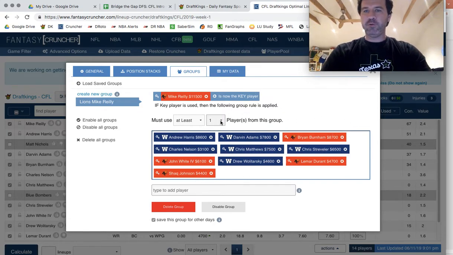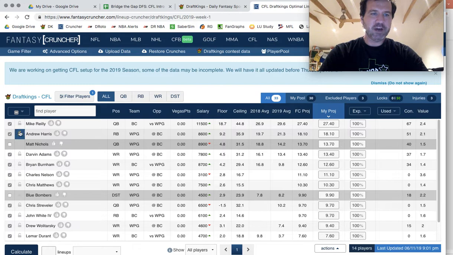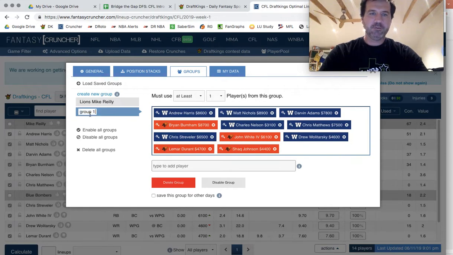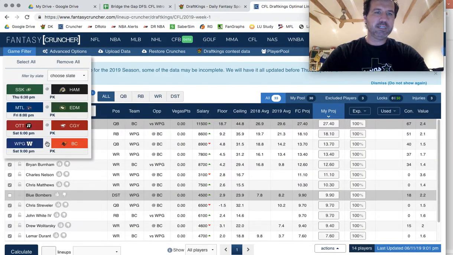And let's say we want a full-on game stack. So we want Mike Riley plus 3 other guys. So we've got our Mike Riley game stack, but let's say we want to build some Matt Nichols, who's a quarterback for the Blue Bombers. We'll just do the same thing. So we'll do Blue Bombers, Matt Nichols, save, again, always important, lock Nichols, and let's say we want to do 3 with Nichols also. So then we'll go back and we'll select all of our teams,